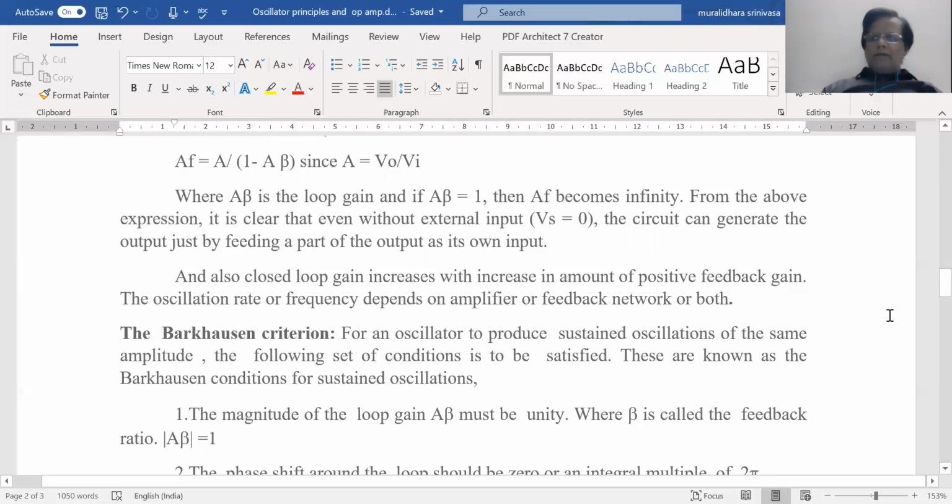With this we come to the end of the discussion on op-amps. We can work out some problems that we will see in the next session. In the meantime, what we can do is look at a few additional 2 marks questions from the portions on oscillators plus feedback. Now, what are some of those questions?